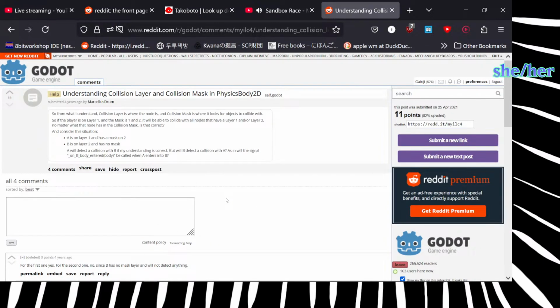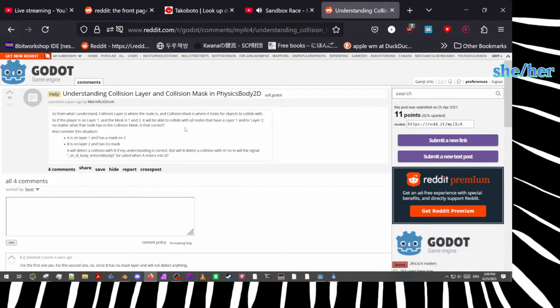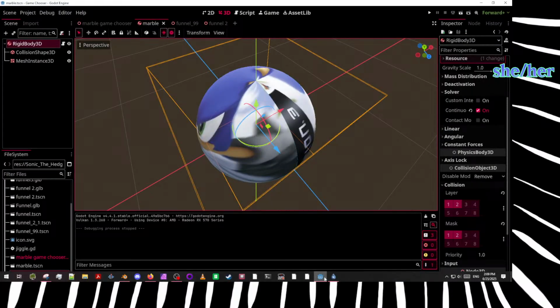Okay, so collision layers is where the node is, the collision mask is where it looks for objects to collide with. So player's on layer 1, masks on 1 and 2. Since B has no mask layer, I'll just take it. So collision mask is where it looks. Okay, so